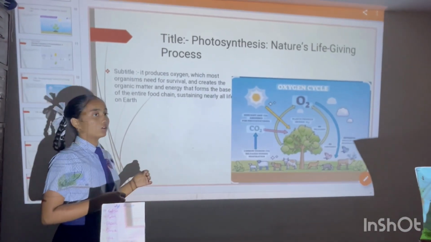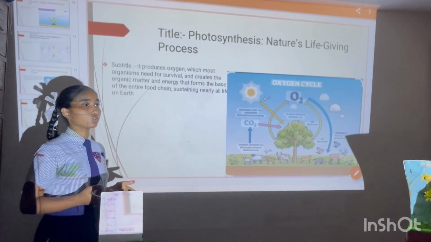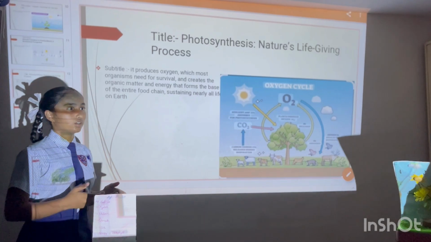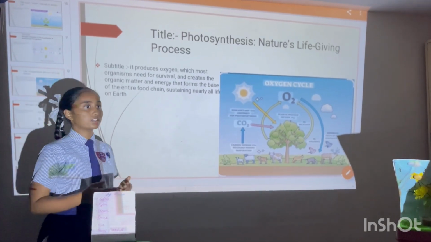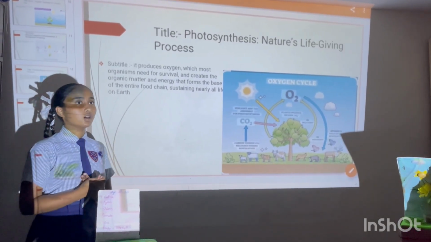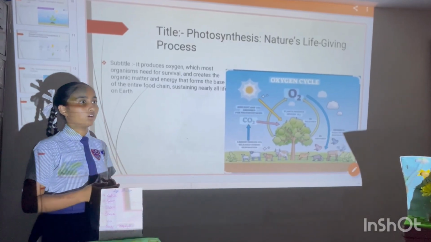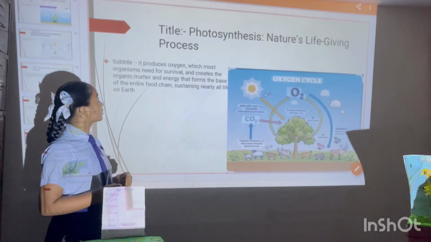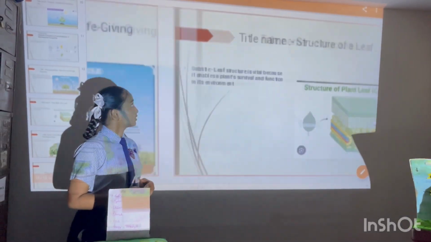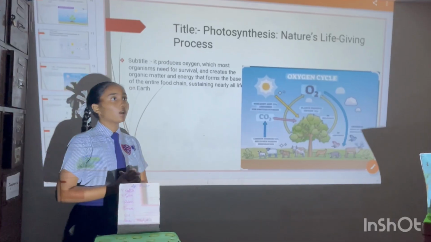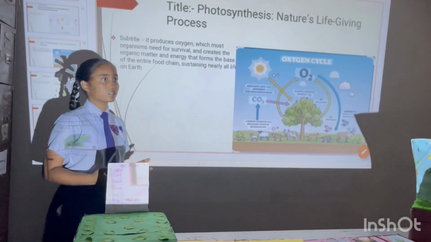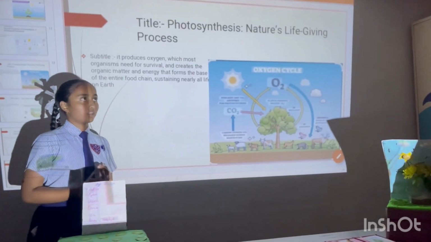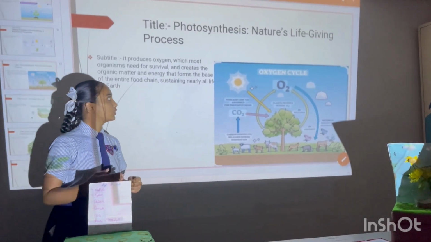On Earth, it allows green plants to convert light into energy, producing glucose, which is essential for the survival of humans and animals. Photosynthesis also helps us remove carbon dioxide from the atmosphere, helping to reduce